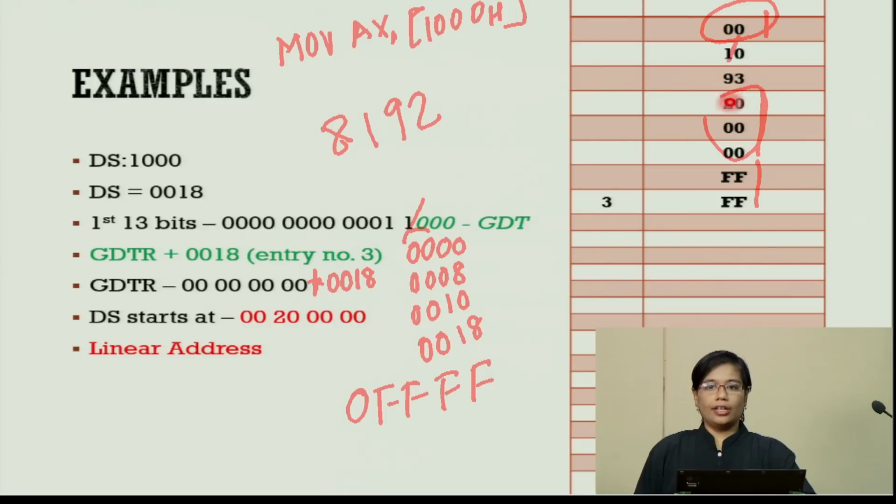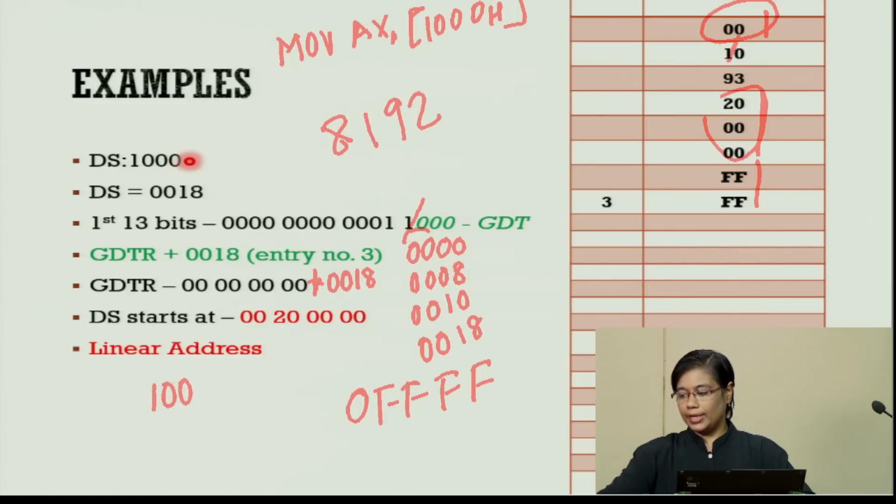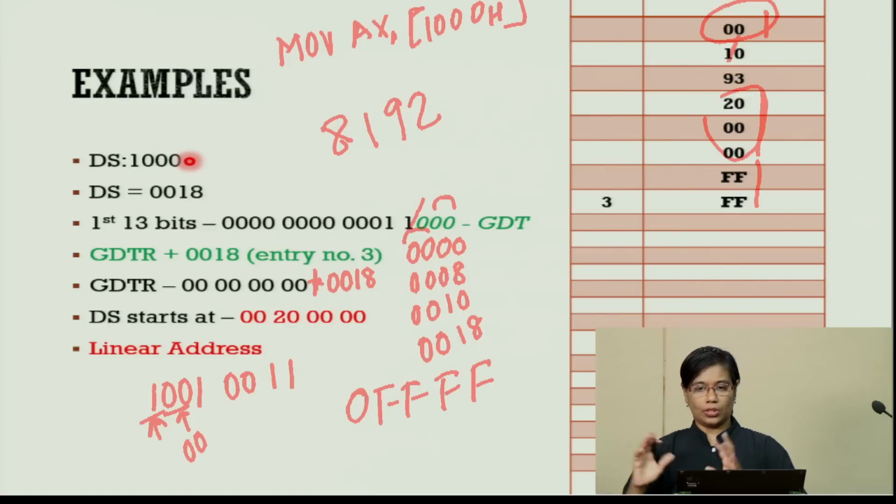And 93 is going to be the access byte. If you expand 93 in binary, the value you will get is 10010011. So the first bit indicates that the entry for the descriptor and the segment is valid. This is the P bit. The next 2 bits give the privilege level, the DPL. The DPL is going to be 00. Our RPL also happens to be 00. So since RPL is greater than or equal to DPL, the segment can be accessed.